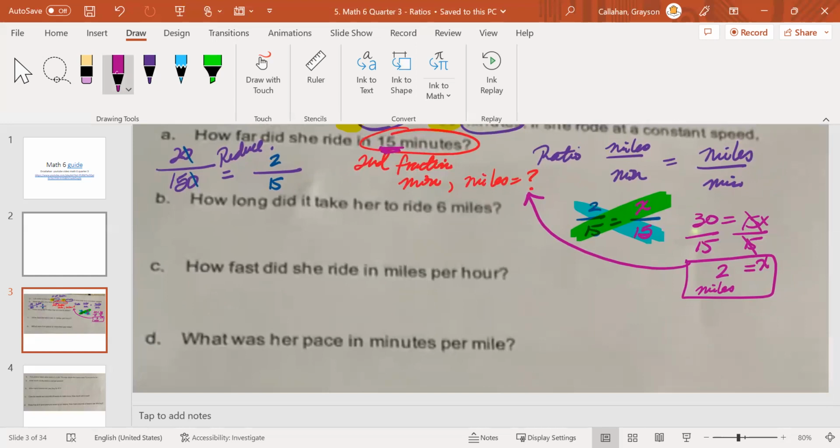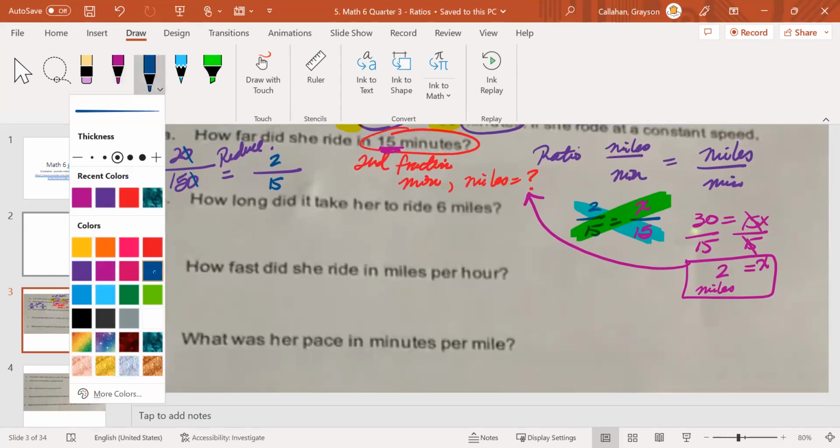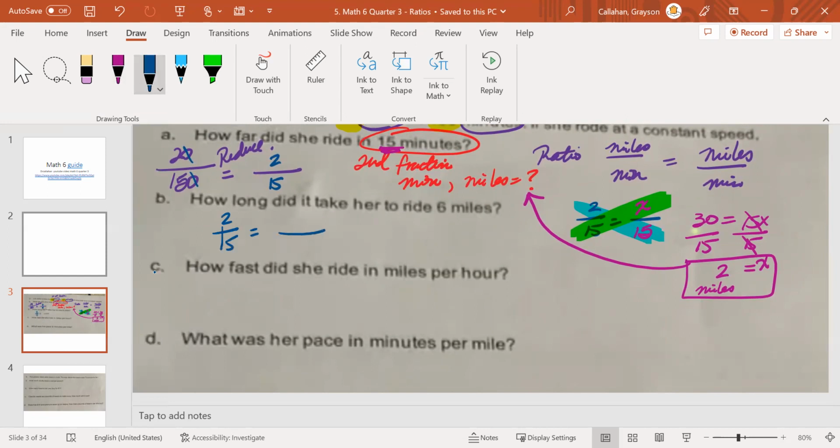Now, how long did it take her to ride 6 miles? So once again, you start off with the first set of fractions. First fraction is 2 over 15. This time it gives you miles. Remember, minutes are on the bottom. Miles is on top. So then you're going to put that 6 right here. Now x is going to be on the denominator. Do you see that? Cross multiply. 2 times x is 2x. 15 times 6 is